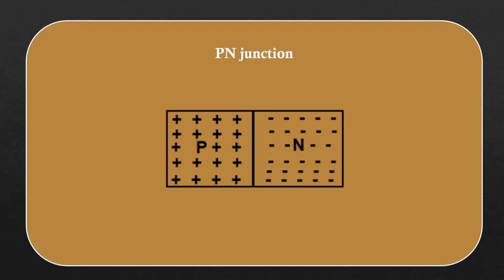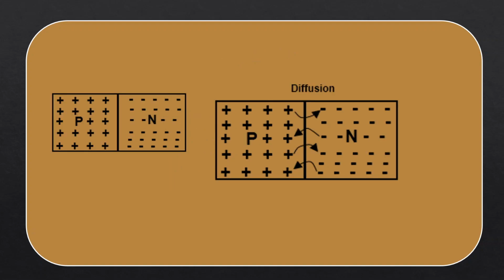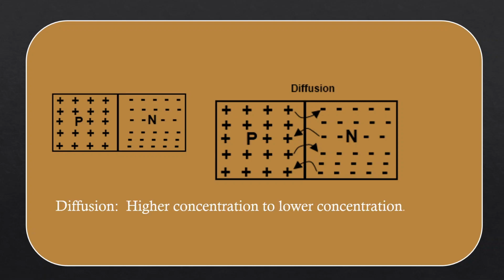Now let's come to the p-n junction. We have p-type material and n-type material. In a p-type material there are holes, and in n-type material there are electrons. When we combine these p and n-type materials, we get a barrier. There is a diffusion process going on. Diffusion means there is a movement from higher concentration to lower concentration. It means that these positive holes are moving towards the n-type material and these negative electrons are moving towards the p-type material, so from higher concentration to lower concentration,